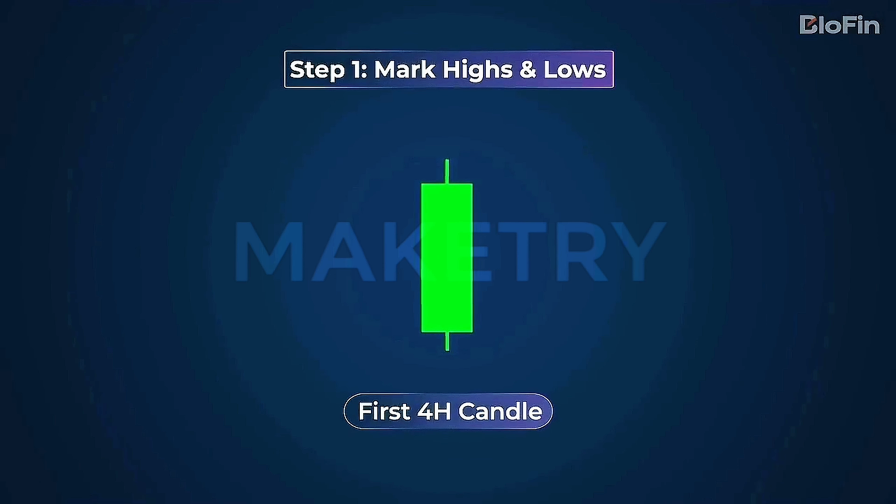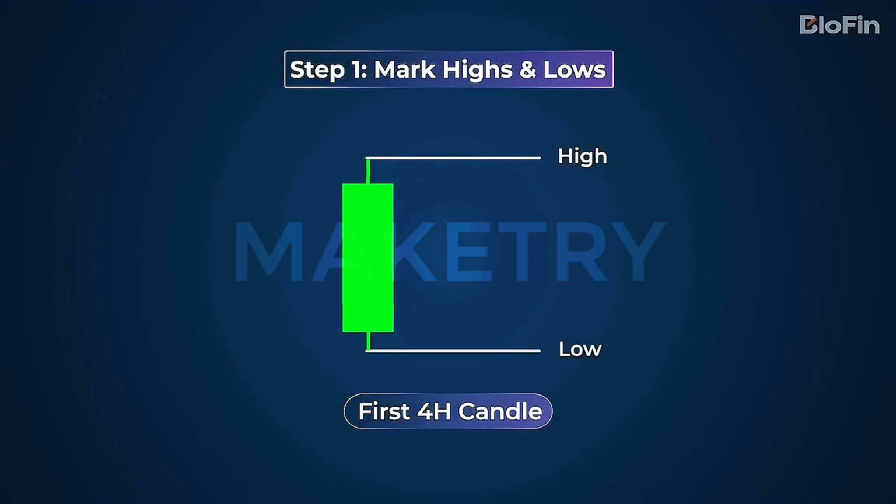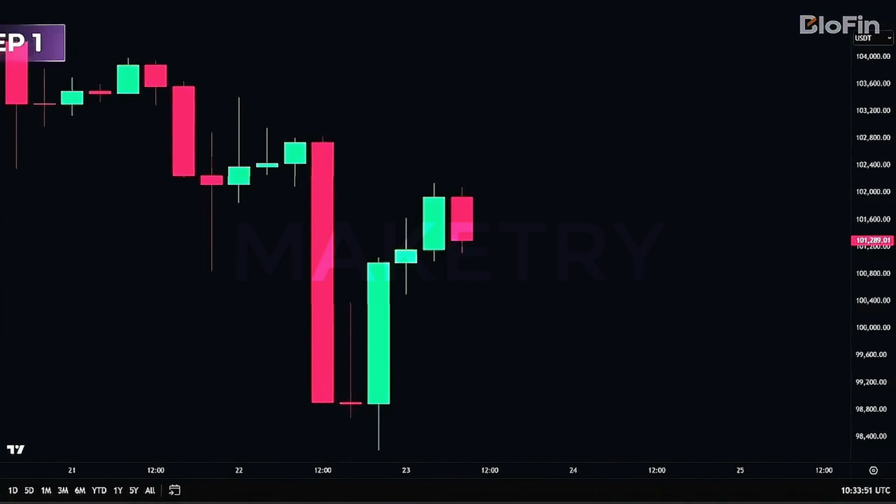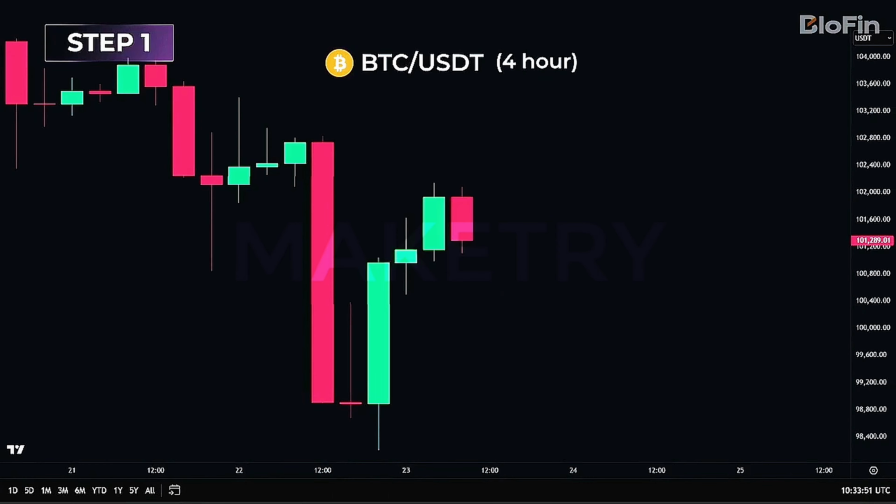The first thing you want to do is mark the high and low of the first 4-hour candle that forms during the day. Here's how to do that on TradingView. First, choose any chart depending on the asset you're trading. For this example, I'm using the Bitcoin chart. Then, make sure the time frame is set to 4 hours, which means each candle represents 4 hours of price